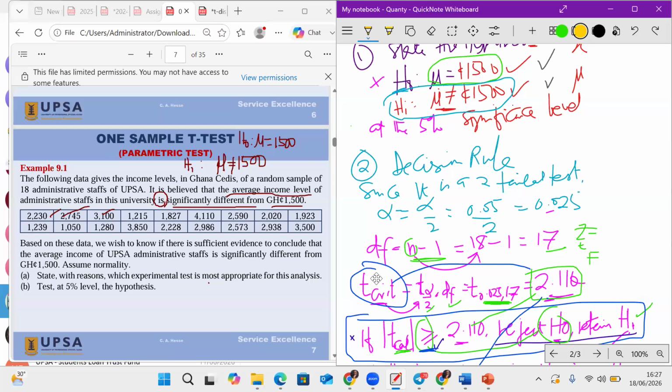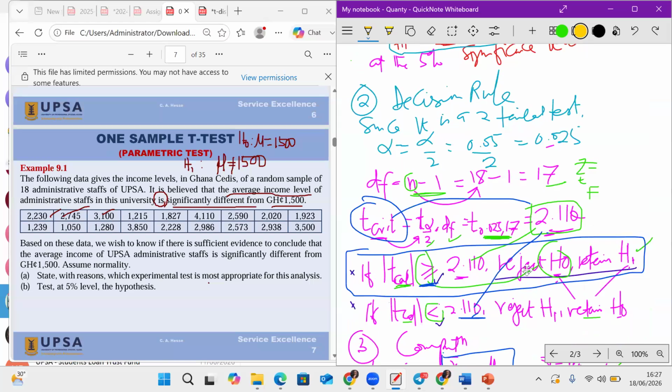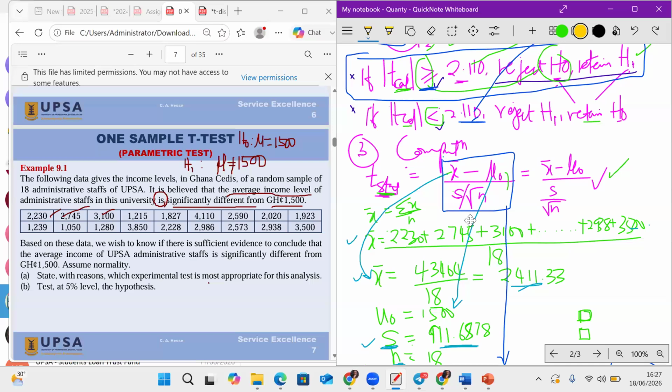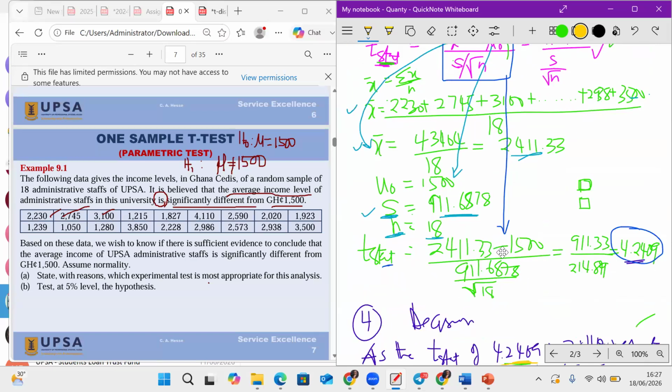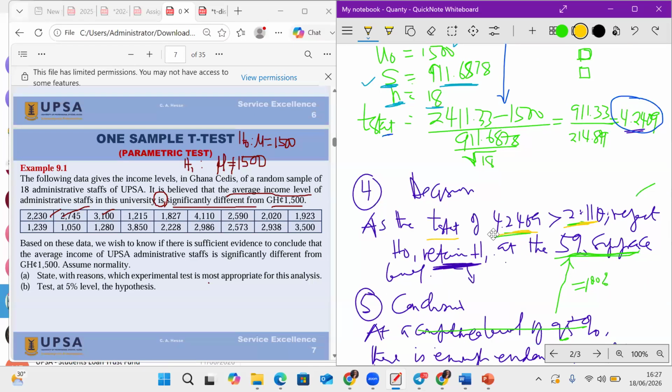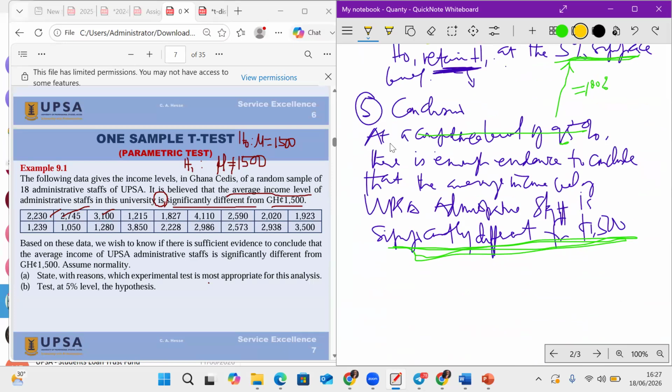If the T-stat is more than 2.01, reject the H0, retain the H1. So if it is more than, what do we do? We should reject the H0, retain the H1 at the 5% significance level. That's the final decision. At a confidence level of 95%, or you can say at a significance level of 5%,